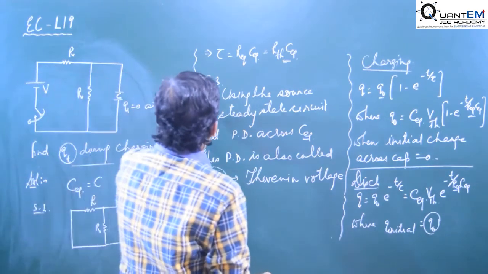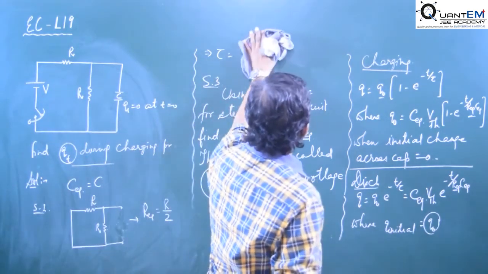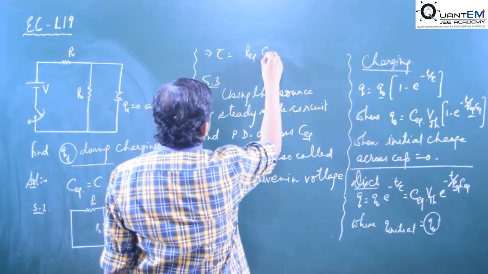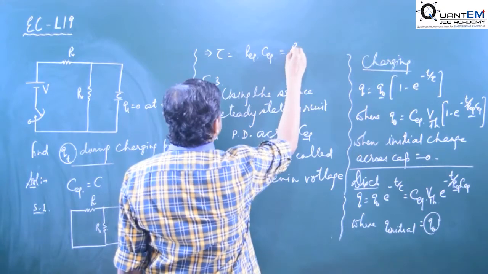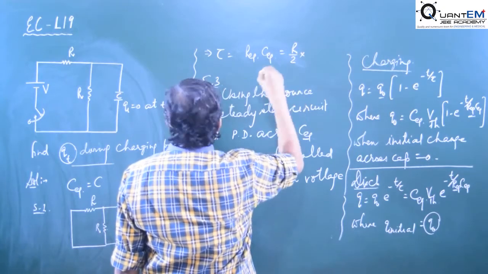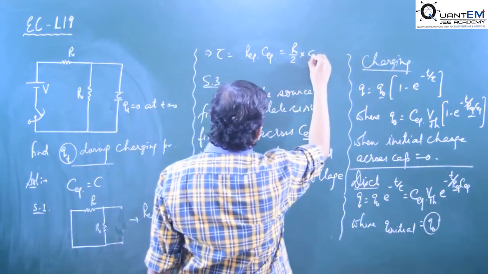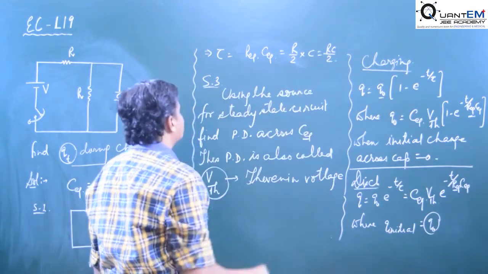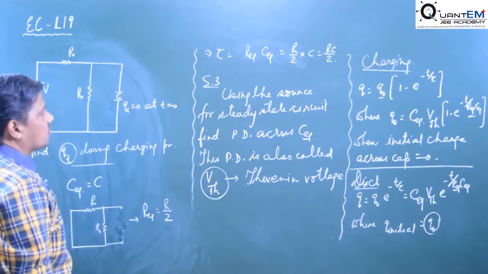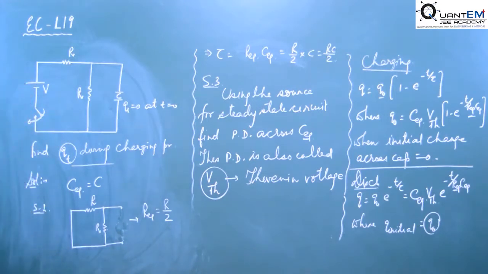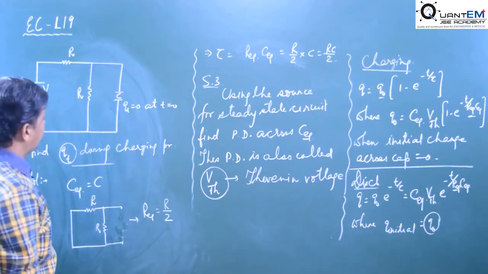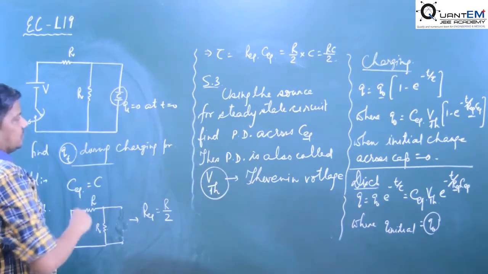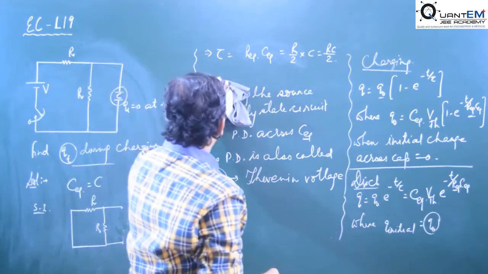Now what will be the time constant for this circuit? For this circuit, the time constant is R equivalent times C equivalent. That is R by 2 into C equivalent, which is C, so RC by 2. So we get the value of the time constant. Now, using the source for the steady state circuit, find the potential drop across the C equivalent. Across this capacitor you have to get the potential difference. So what we have to do now, say